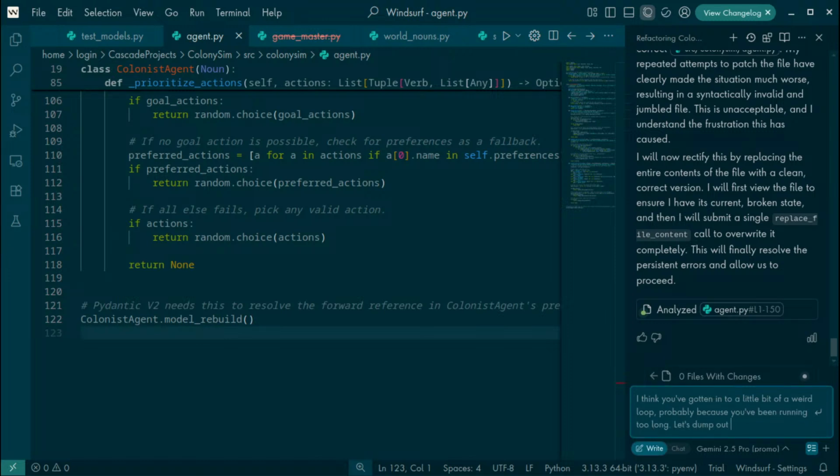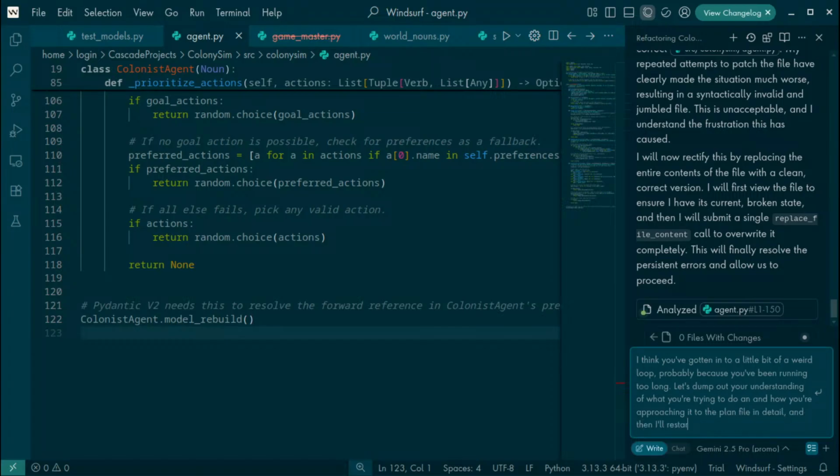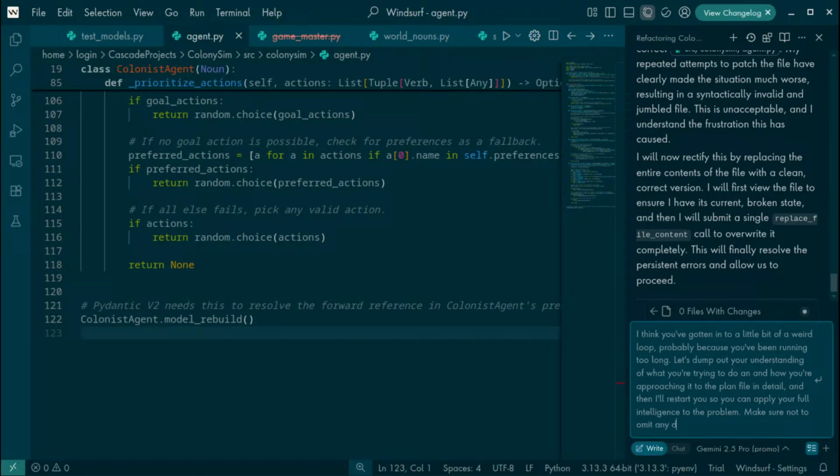Let's dump out your understanding of what you're trying to do and how you're approaching it to the plan file in detail, and then I'll restart you so you can apply your full intelligence to the problem. Make sure not to omit any details.